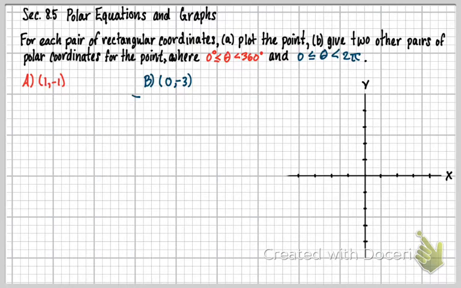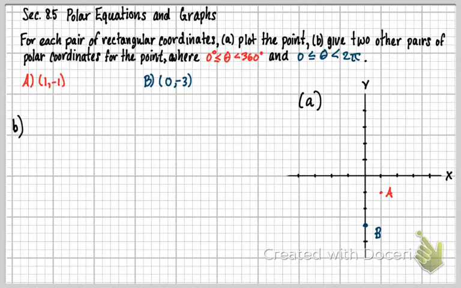So A says plot the points. So then for the red one, this is all pretty straightforward for us. This doesn't change. So it's just going to be here, and that's my A. And then my B is going to be 0, negative 3, so that's going to be down here. And that's point B. Okay, so there's my 2 points. And that's part A. Okay, so now for part B